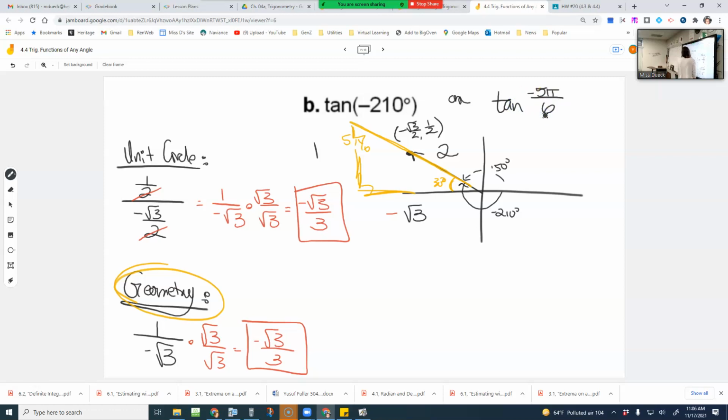Because that's the other way of looking at it. It's almost negative a whole calzone, but you're 1/6 shy. But either way. Oh, negative 210. Sorry, I went too far. That'd be negative 7 pi over 6. You have a little more than that 1 calzone. Negative 6/6 and one more. But either way, however you look at it, for tangent, as soon as you figure out it's a 30,